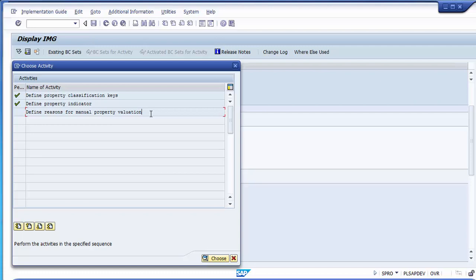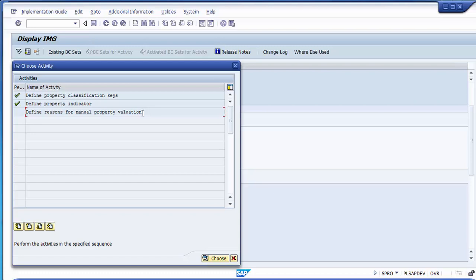So over here, if you go for a manual maintenance of asset value, in that case you need to give a reason to the system why you need a manual property valuation. So that is this third step. There are several reasons why you might want to set the asset value manually instead of allowing the system to determine the value automatically, but you need to specify the reason using